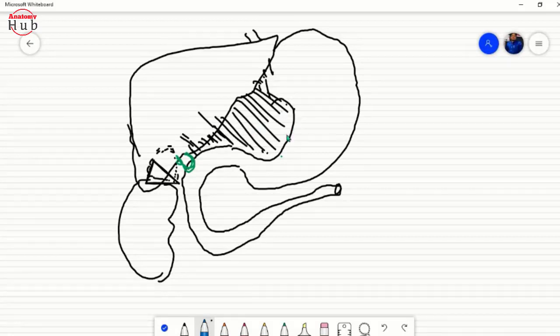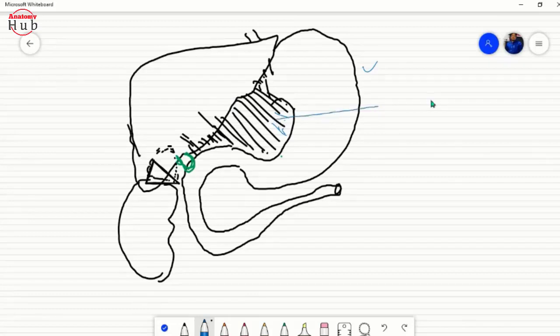Yes, this is lesser curvature, sorry, maybe a tongue twister. No, this is greater curvature, right? This is lesser curvature, okay. So the peritoneum from the inferior border of the liver is coming towards the lesser curvature, right? These are the folds of peritoneum that connect from one structure to another structure, that's why this will be known